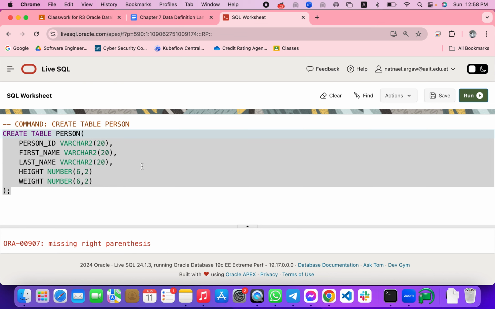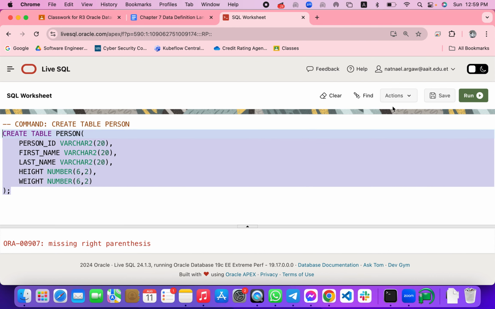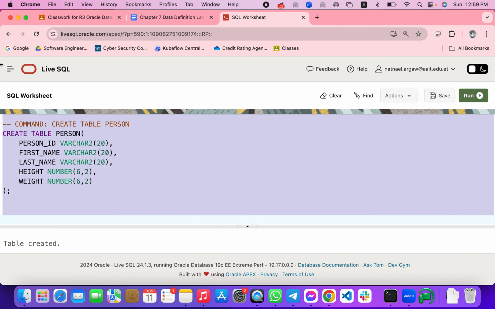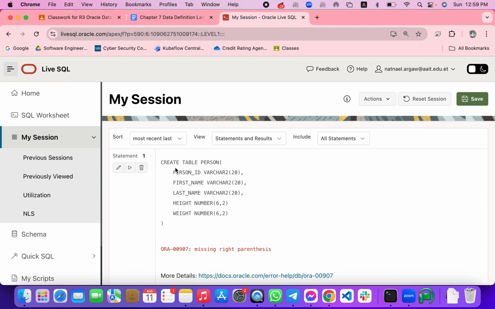It says missing right parenthesis, right? So I missed one comma in here. The last one doesn't need any comma. Okay, now it says table is created. We can go back to our schema directly. We created table person, and clicking on my schema,